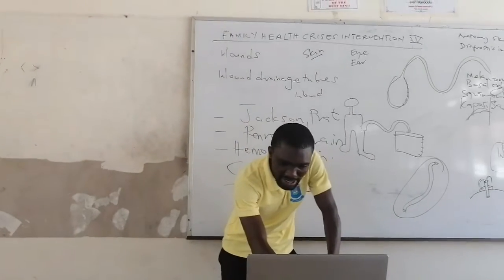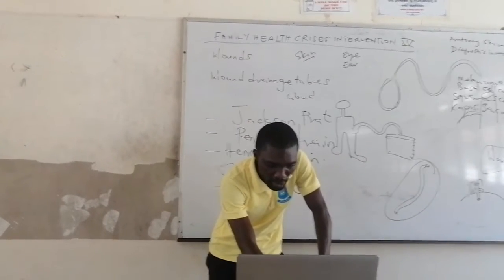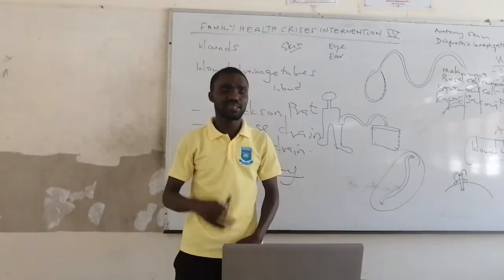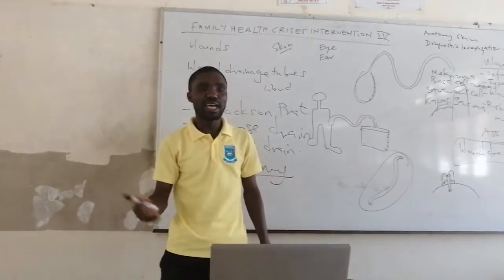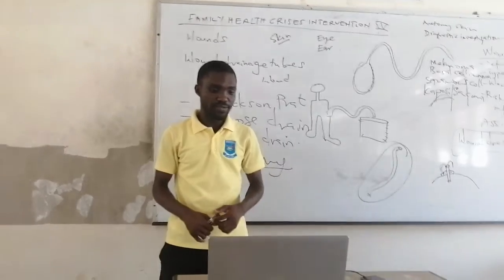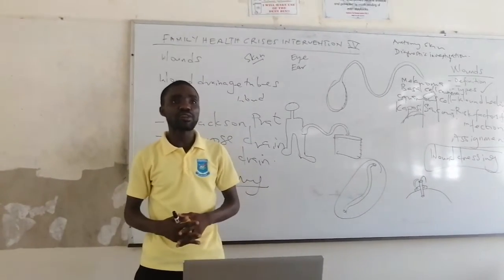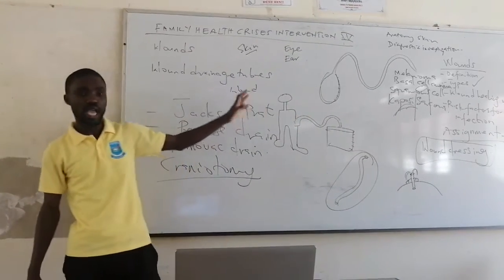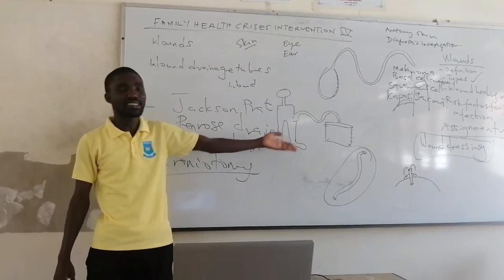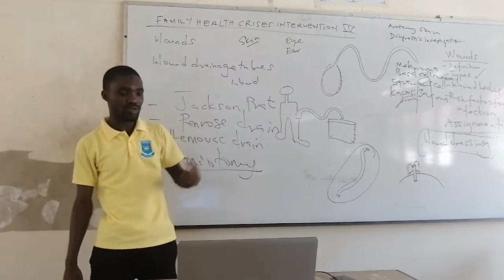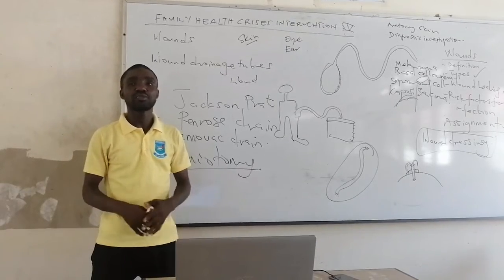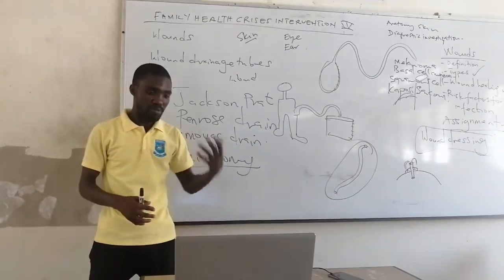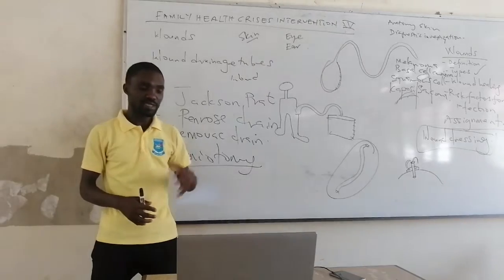So I've mentioned that the main aim of inserting drainage tubes is to remove foreign bodies like fluid, like blood, like air that will prevent wound infection. Right, so as a nurse, our responsibility is to manage this patient whilst the patient is on the tube. We are not responsible for passing the tube. That is done in the theater. Right? But if the patient comes with the tube, we have to make sure the tube is well managed so that the wound does not become infected, which is our main aim after surgery, that we make sure the wound